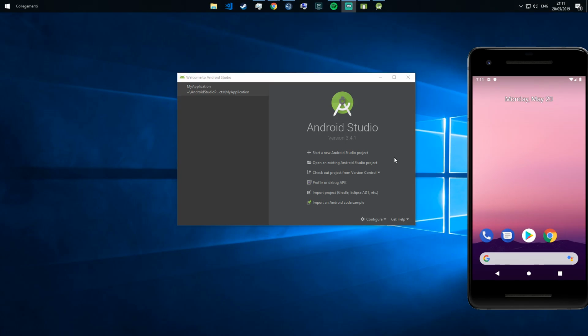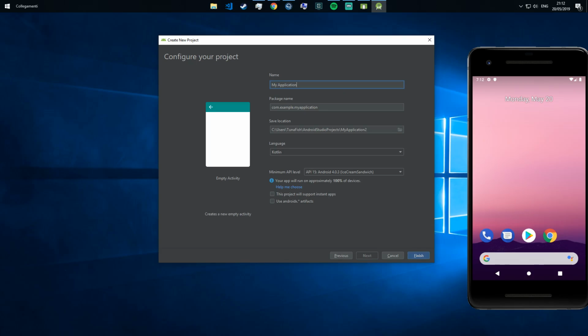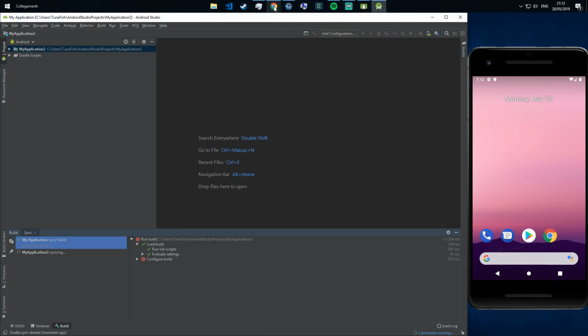So hello, in today's video we are going to try to set a different icon image for our application. So let's start with a simple application. So my app. Then we need some tools